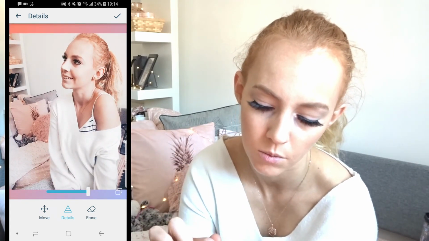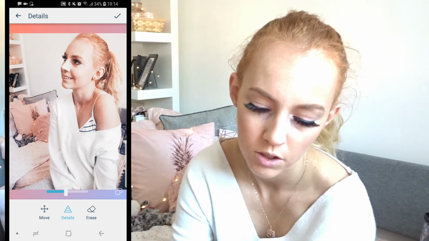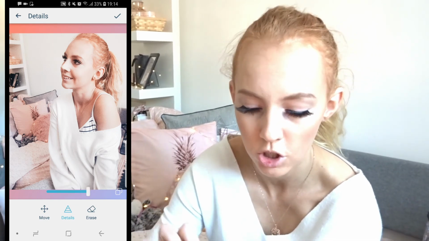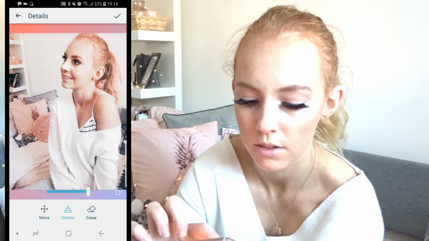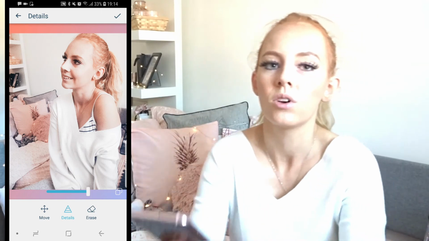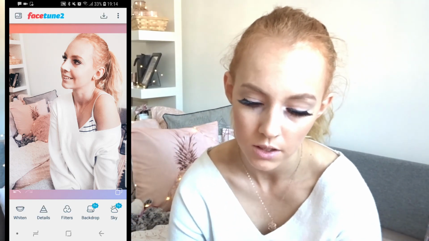I could do the same with this part of my jumper just here. If you look at that, you can really see the difference. I could really pop out the details of my jumper if I liked. Could do it with my face, with my eyes. It's totally up to how you would like to do it. And after I do that, I would just save it